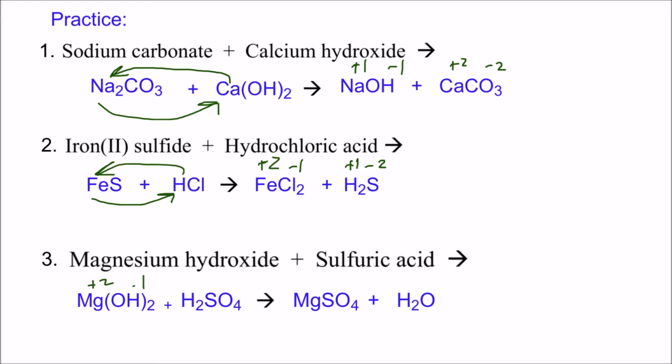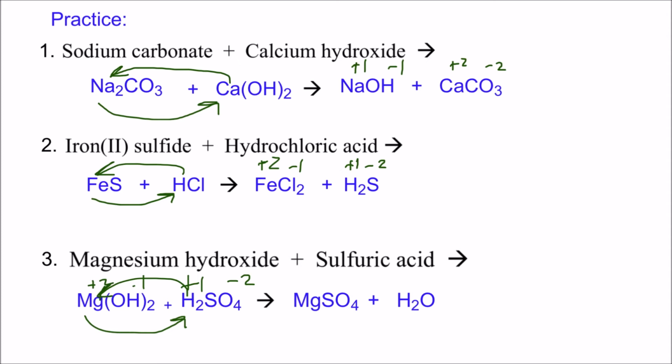Okay, then we're going to do our crisscross and reduce, so hydrogen's +1, SO4 is -2. And then we'll do our double displacement. Okay, so the magnesium and the hydrogen are going to switch spots with each other. So the magnesium is going to pair up with the sulfate ion over here, and then you're going to have a hydrogen paired up with OH, so you get HOH, which is the same thing as H2O. Okay,